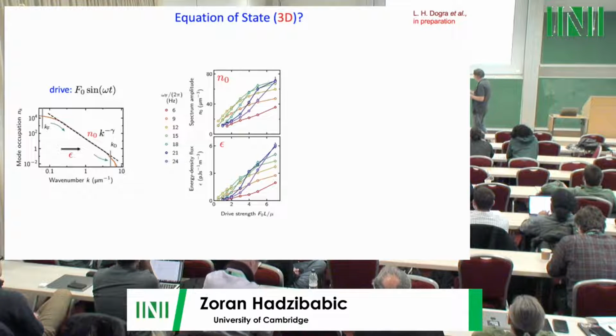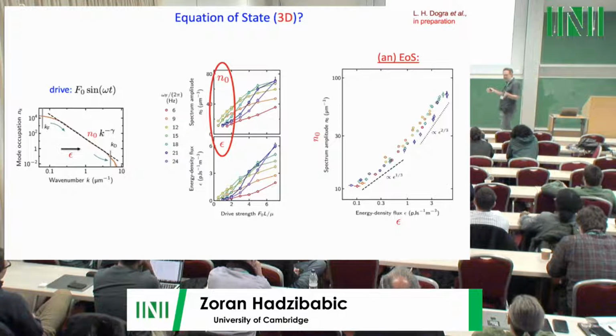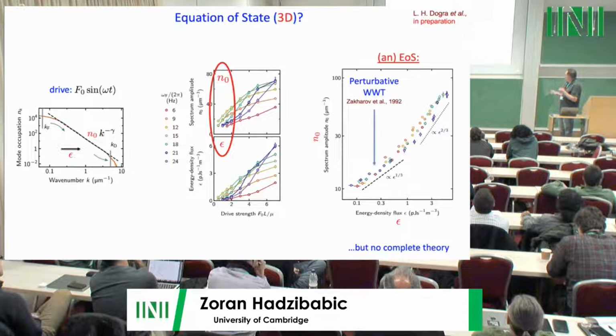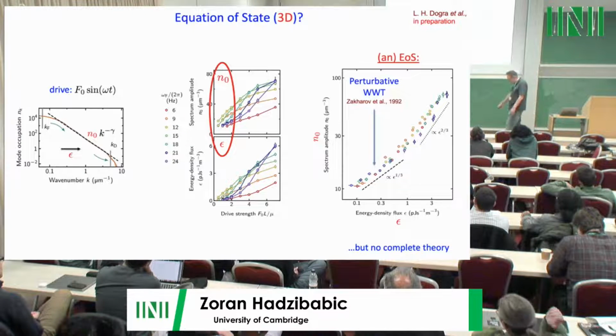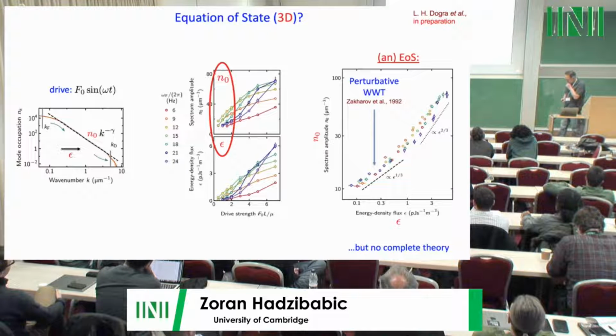Right? However, you can again probably guess where this is going. If we integrate out all these details of how the flux is actually injected into the system and just directly relate what the amplitude of the spectrum is to what the underlying flux is, then you get the unique relations which looks like an equation of state. Okay? Now this part here, the scaling 1/3, actually at least the exponent, matches the perturbative weak wave turbulence theory, which goes back to Zakharov, 1992. Okay, but then when we go to stronger drives, then there's deviations from that. Okay, so there's some theory missing there.